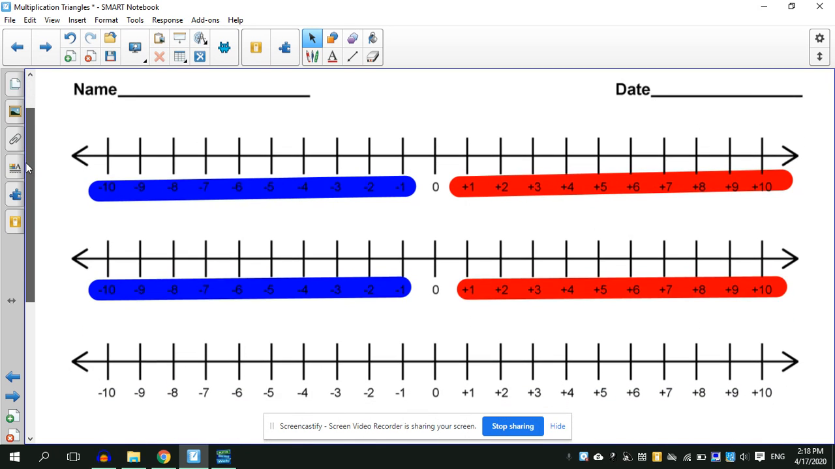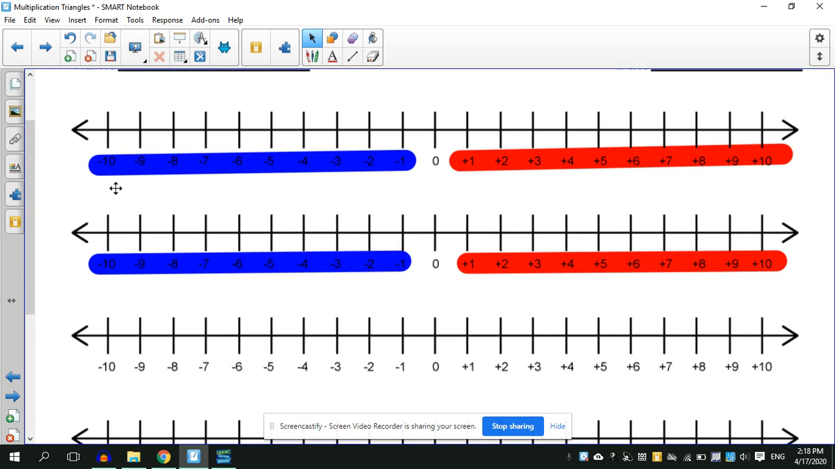Here's a quick little review about integers. Now, I like to think of integers in terms of temperature. And if you think of your number line, it's really like a thermometer that's just tilted on its side. So here in the red, we've got our positive values, and down here in the blue, we have our negative